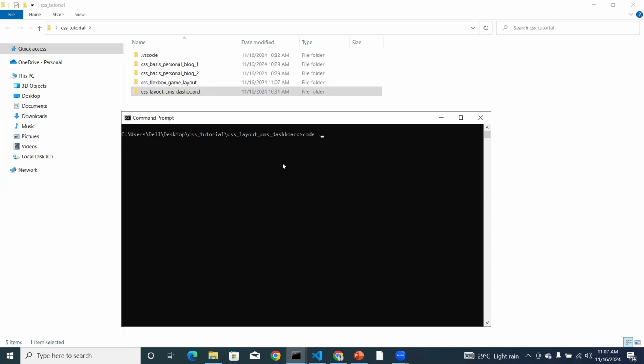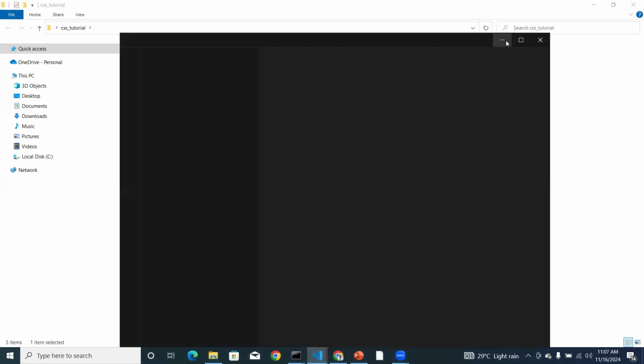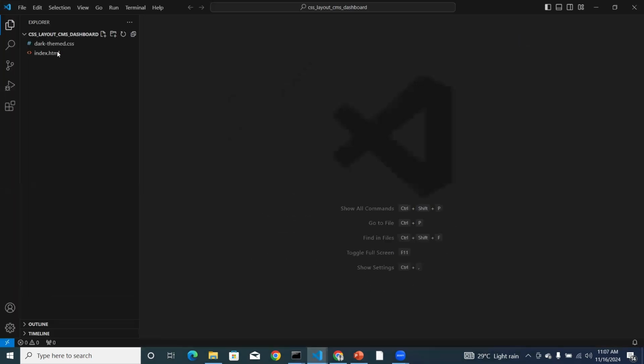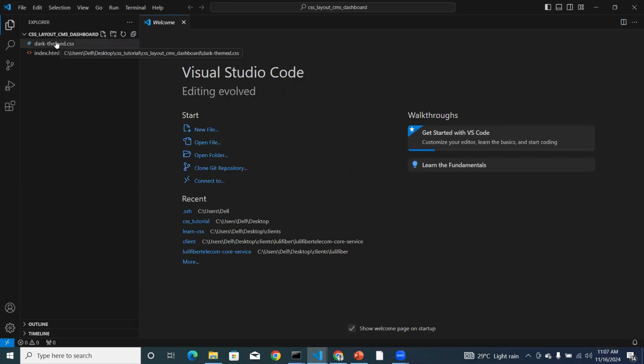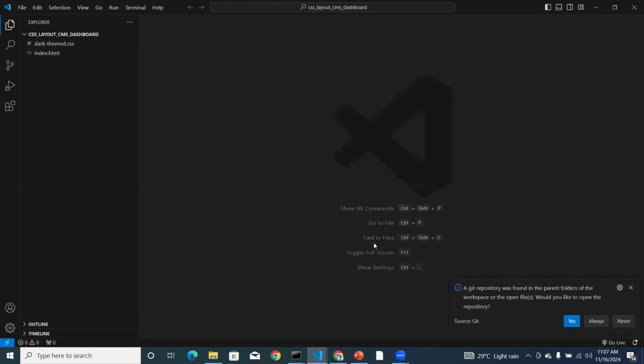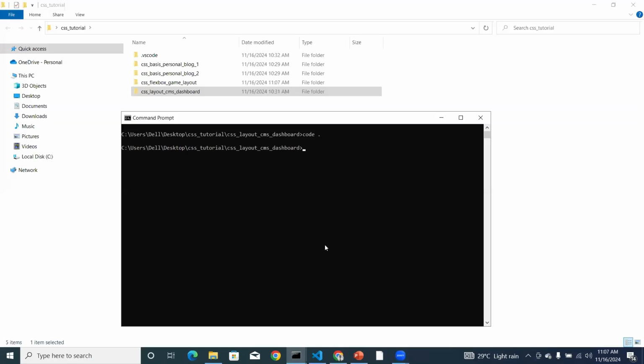Code dot is just to open it in VS Code so that I can continue development from there, right? So you can see that this is opened and currently, okay, I think I opened something else. I opened a previous one. That's not what I want to open. Let me just close this and open